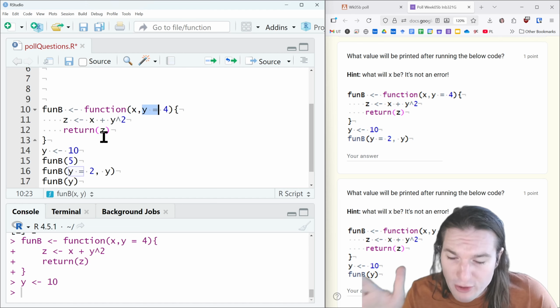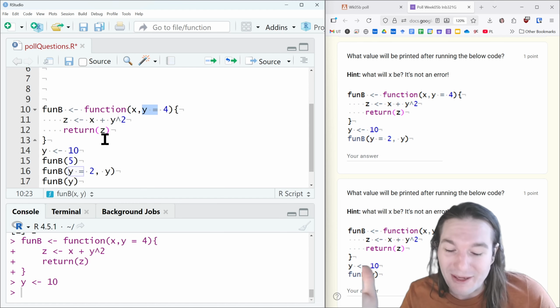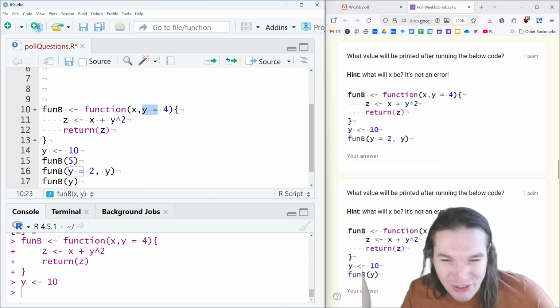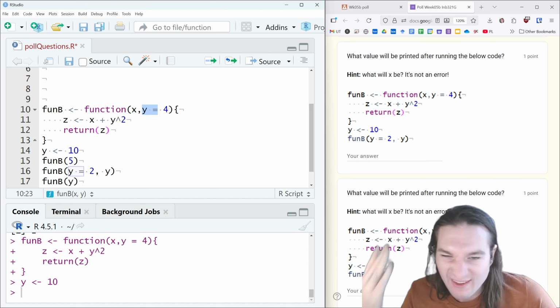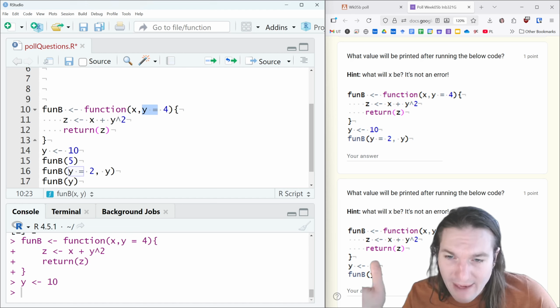And when you're writing functions, it turns out you're often going to come across the problem that it's kind of hard to name objects good names. And this is a thing to avoid. Try not to name them the same thing. It just gets confusing. But anyways, to answer the question, y is the value 10 when it gets used to